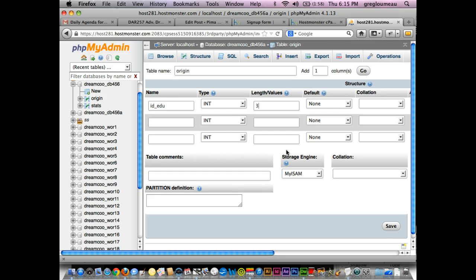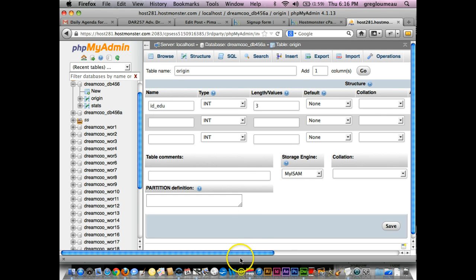But one of the rules of databases is you want to just make enough room for the kind of information you want to collect, because if you say, hey, this database can hold 30,000 characters inside of a number, then the database will reserve space for that, and it will eat up a lot of room. So we're going to say, okay, we're only going to have up to 3 numbers in this identification